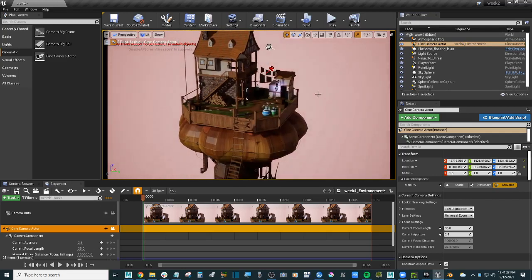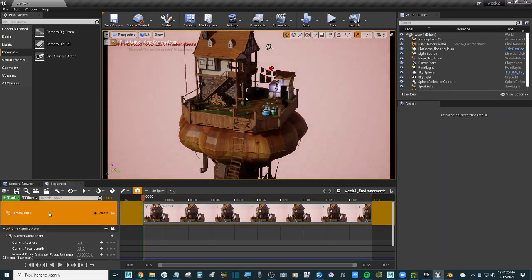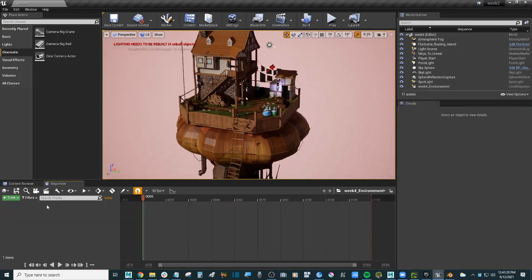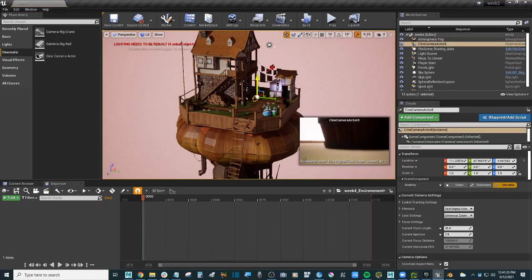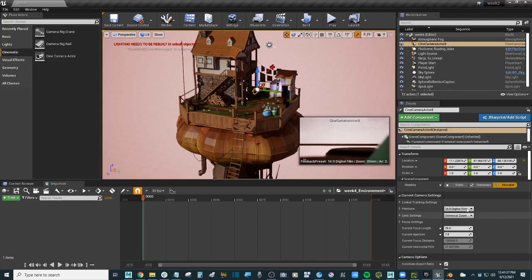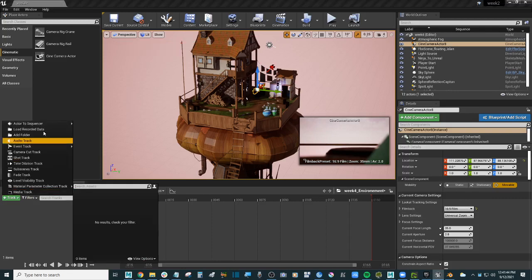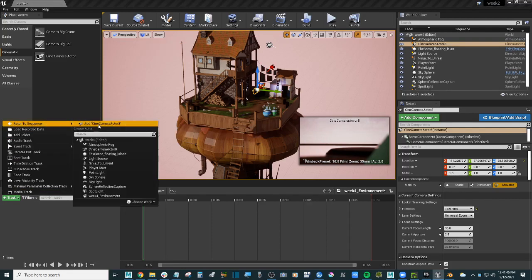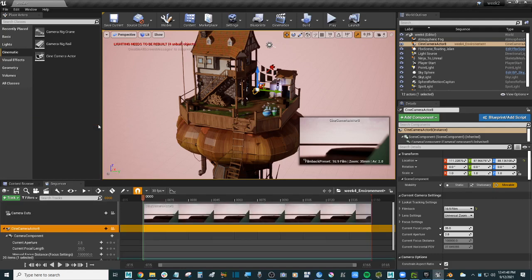Okay, this is strange. It's supposed to give me the camera. Okay, you know what? I'll start from, there's another way to do it. So I'll go back to SynCam. I'll add my camera here. Now I see it. I change it to film and track, add to sequencer, add Syn Camera 8. Okay, that's the best way because now my Syn Camera Actor 8 matches the name of the camera I just